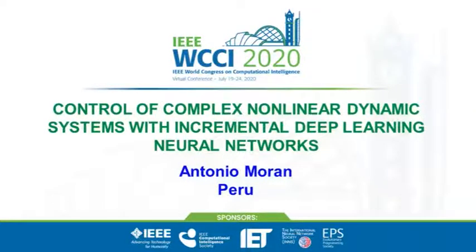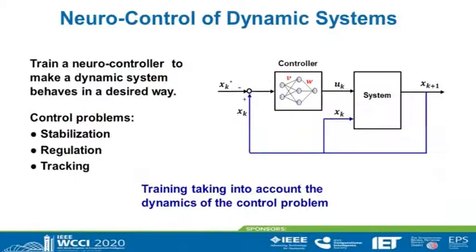Control of complex nonlinear dynamic systems with incremental deep learning neural networks. Here we present the problem we work in this paper. We have a dynamic system and we want to train a neurocontroller so that the system behaves in a desired